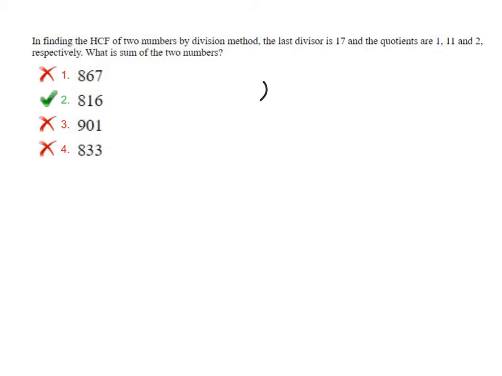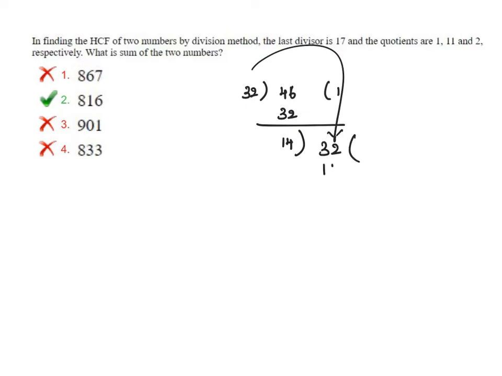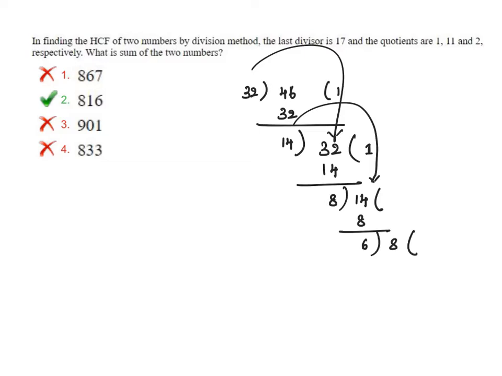So for example, I am going to find out the HCF between 32 and 46. So 32 you take it here, 46 you take it here. Divide it, 1 is 32, remainder is 14. Now remainder becomes a divisor, divisor becomes a dividend. So 32, it's 14, again remainder is 8. So here is the quotient. Now again divisor becomes a dividend, remainder becomes the divisor, 14, 8, 6, again 8 becomes a dividend, 6.